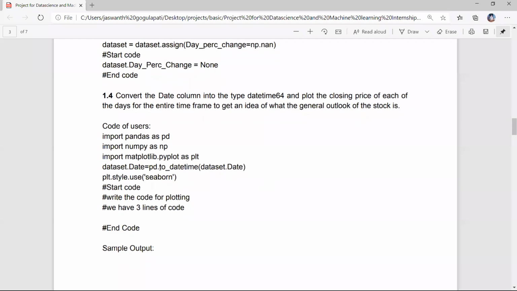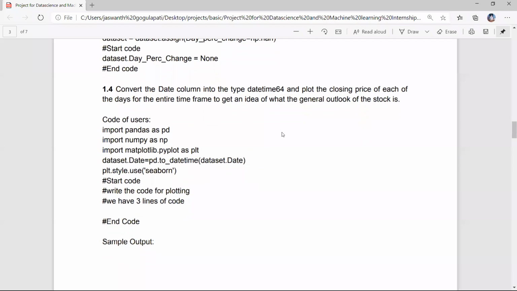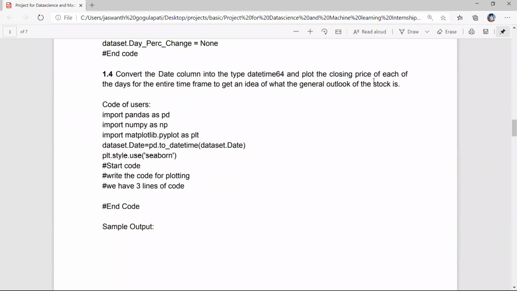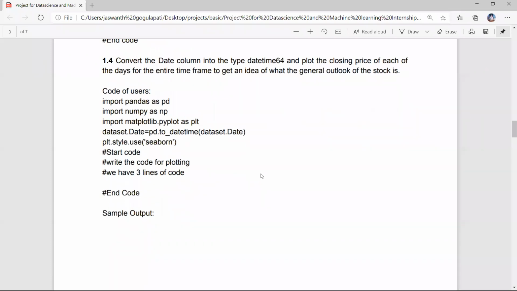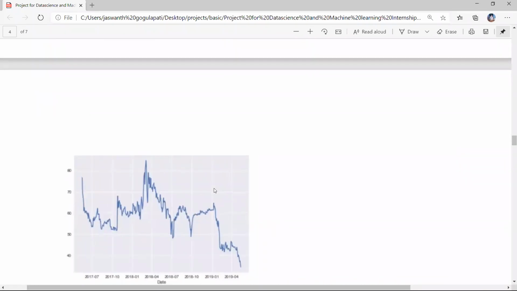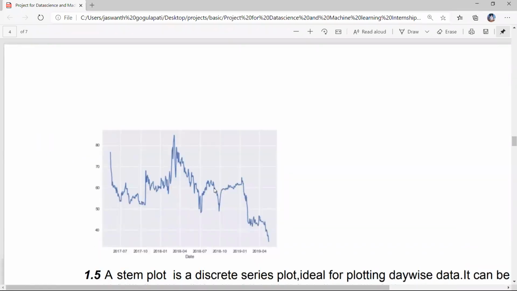related to dates. So in this question we will do this, and we are going to plot the entire frame according to the dates. Means at first, 2017-07, we have trades of 45 millions.